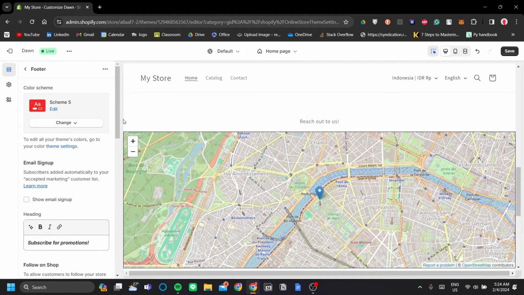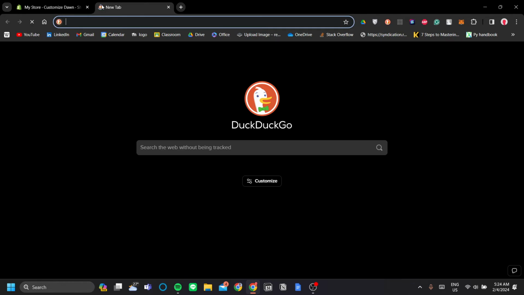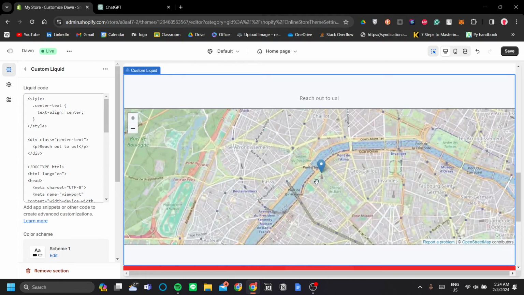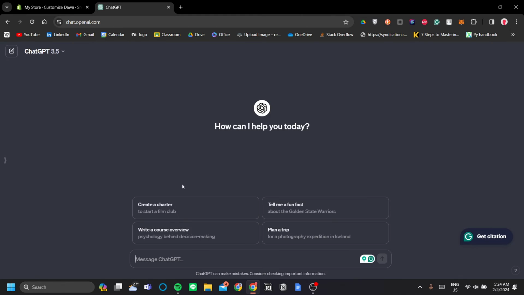Okay, so the last but not least is how you can make a custom liquid section. So as I said, you don't need to be able to program to have a custom liquid section in your footer. So to do that, just go ahead and open ChatGPT and ask ChatGPT to write liquid code for Shopify for you. So for example, here I can have this map for the Eiffel Tower in Paris by simply asking ChatGPT to write liquid code